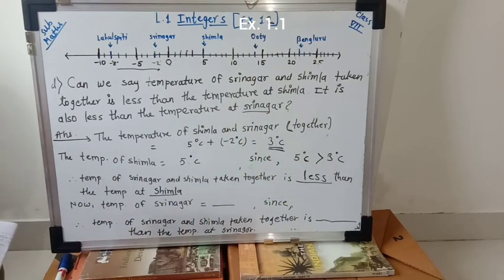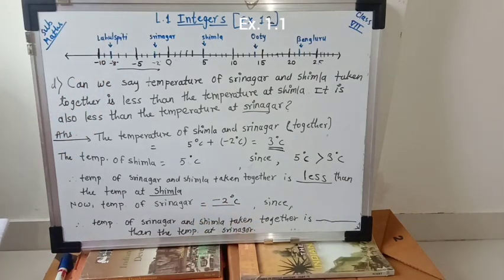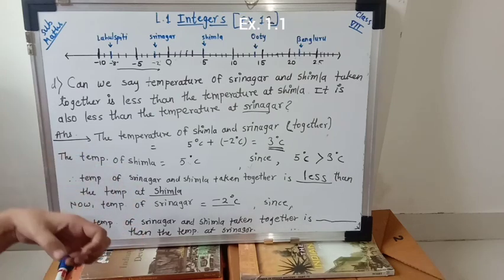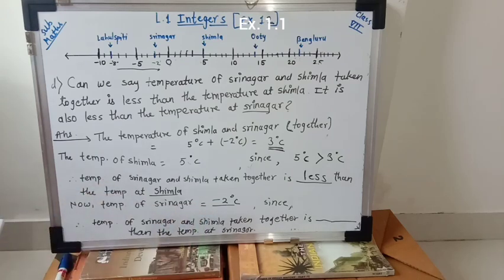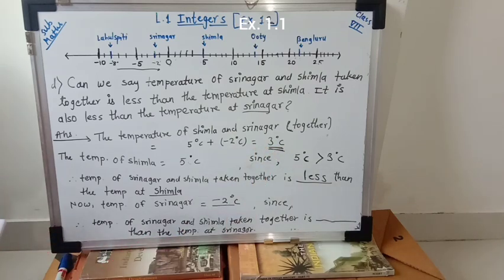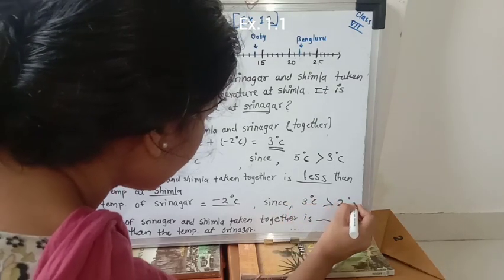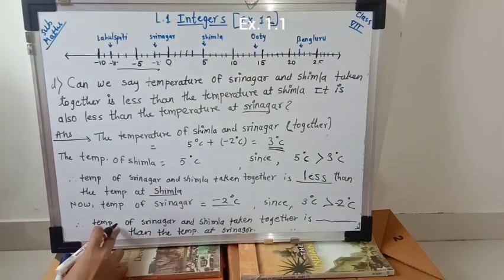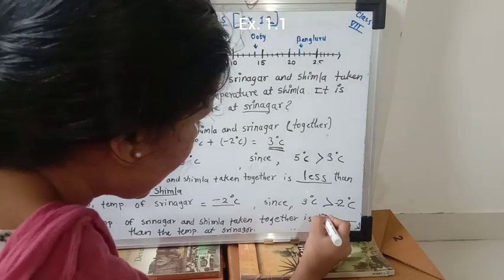So what is the temperature of Srinagar? That is minus 2 degree Celsius. Here we can easily see positive numbers are always greater than negative numbers. So here the temperature of Srinagar is minus 2 degrees, means that temperature is less than the 3 degree Celsius. So here 3 degrees is greater than minus 2 degrees. So here the temperature of Srinagar and Shimla taken together is not less than